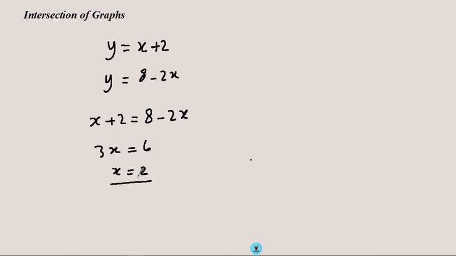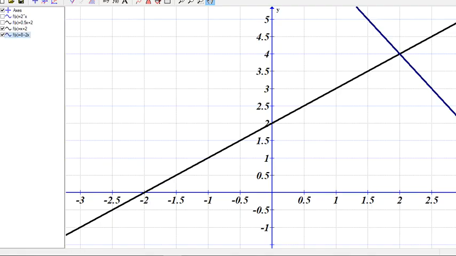And then you take this value of x and substitute in any of those two equations to find the value of y. And because this equation looks simpler, I would simply find that y is equal to 2 plus 2, which is 4. So your solution is 2, 4. Note that it is written as an ordered pair with x and y. Now this is the algebraic argument. If we are to consider the graphical argument,